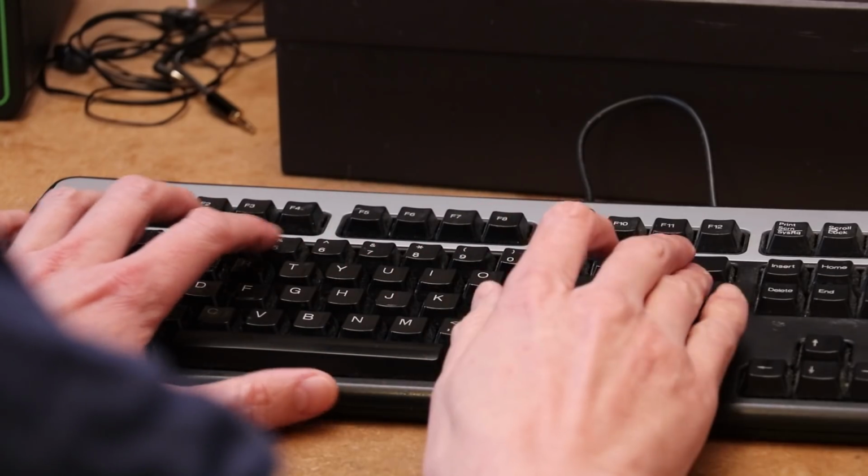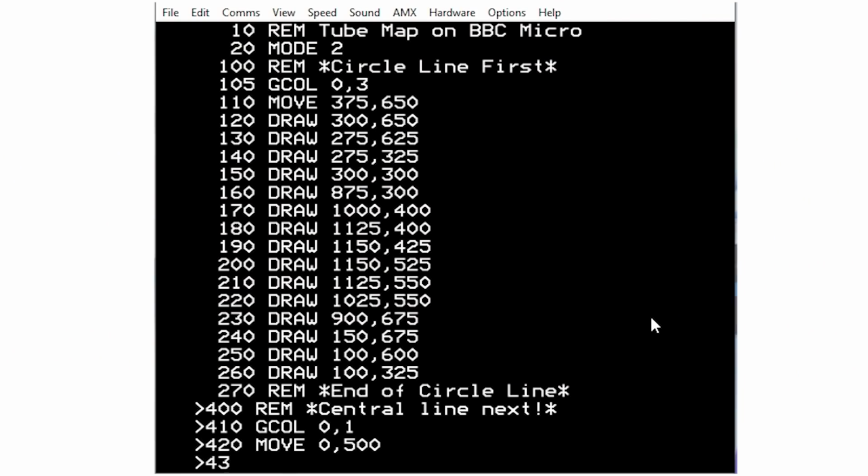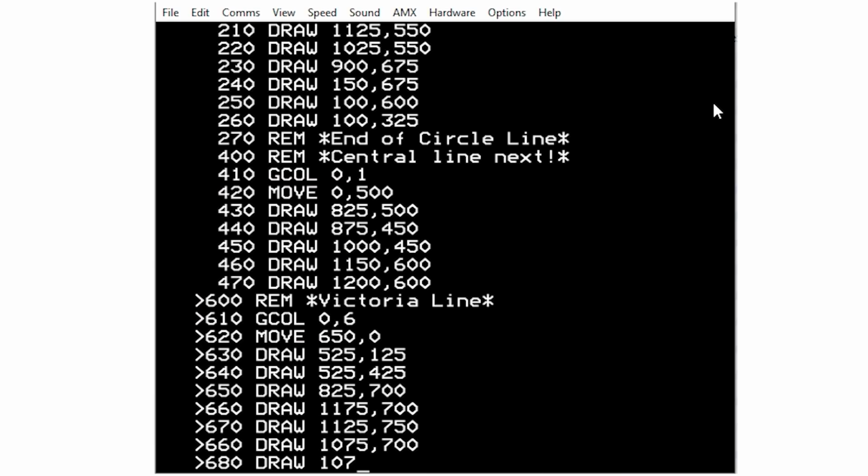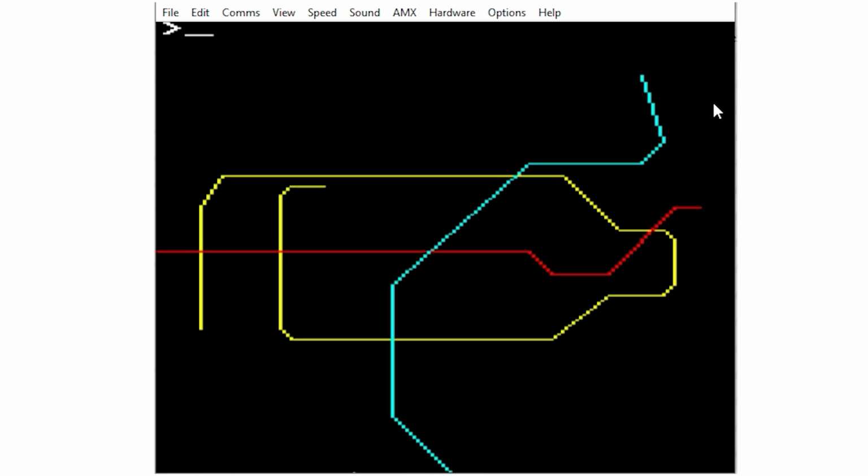Now I've discussed this before, but if you're ever trying to draw a tube map yourself, the best way is always to start with the Circle line and then put the horizontal of the Central line in, and everything else will fall into place thereafter. So that's what I did here, Central line second. I then went with the Victoria line to do one of the verticals. That's easy, just 6 lines in all.